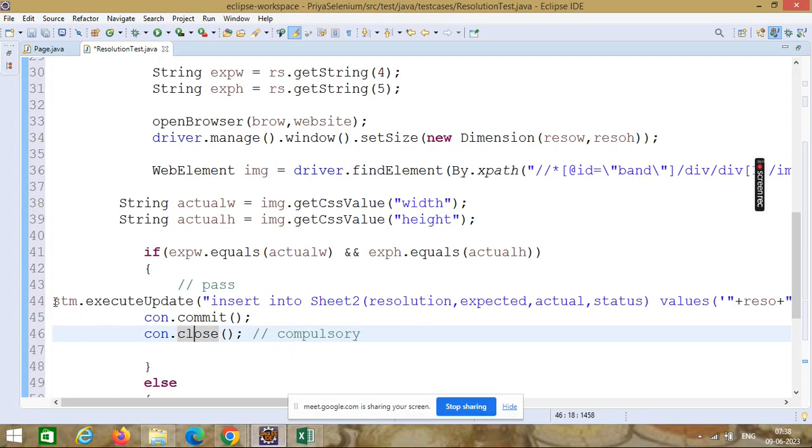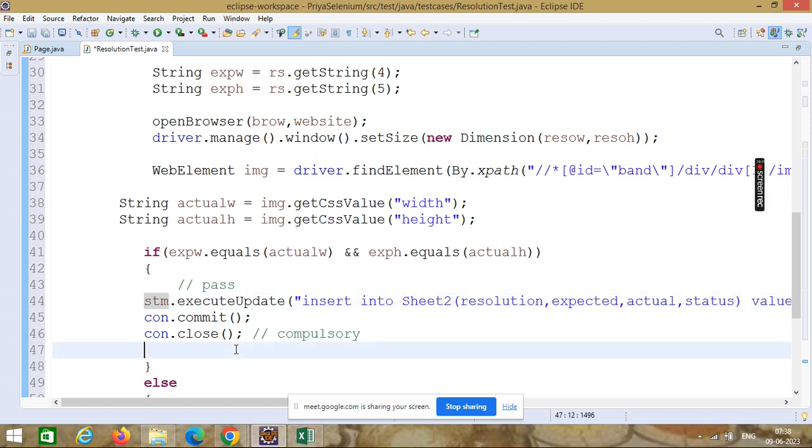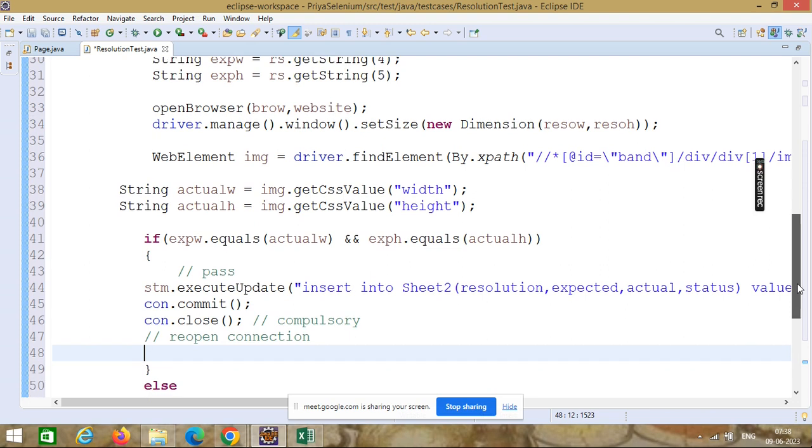So for that, what we have to do is reopen the connection so that other records are also inserted. Otherwise it will insert only one record and not the rest.